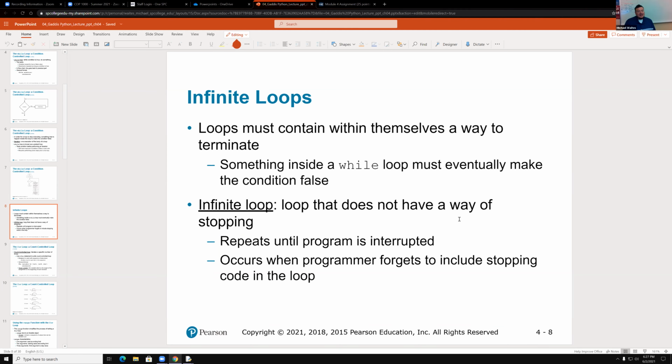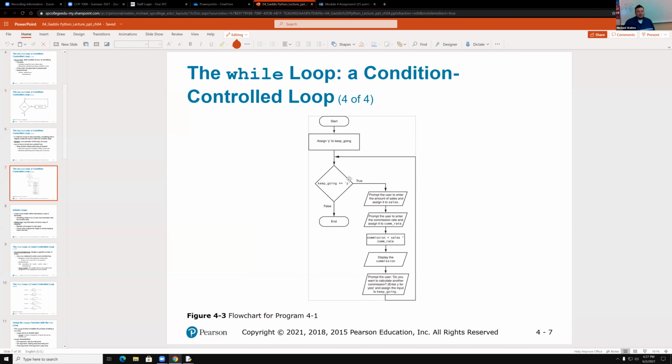And that's that loop that does not have a way of stopping. It repeats until the program is interrupted, and occurs when the programmer forgets to include stopping code in the loop. Now, with that said, let's go back to our previous example where this person is prompted to enter the amount of sales and assign it to sales, and enter the commission rate and assign it to commission rate. What if we were making a